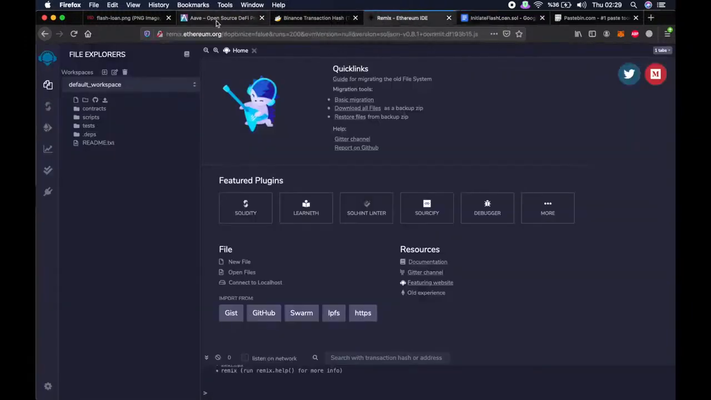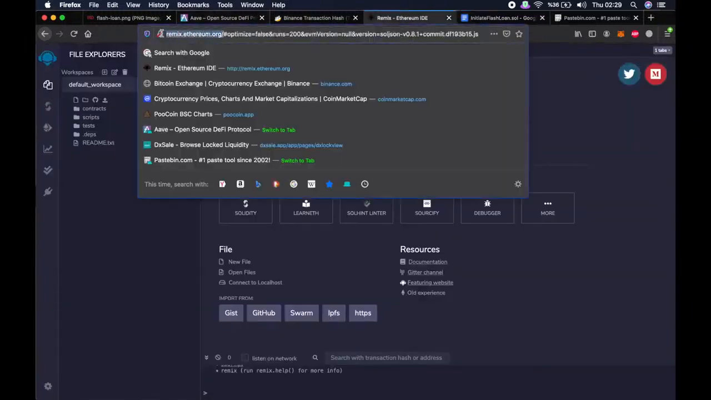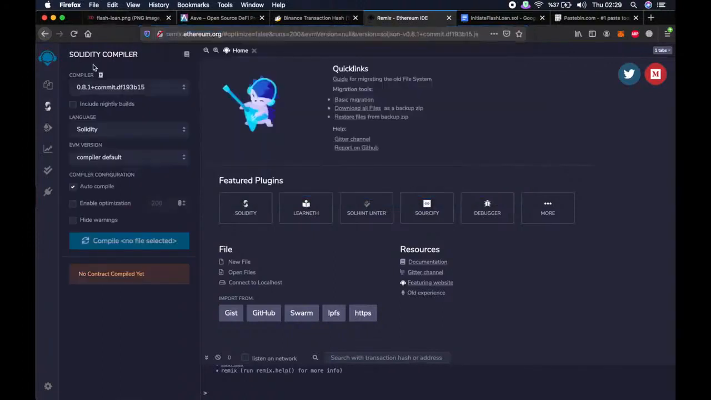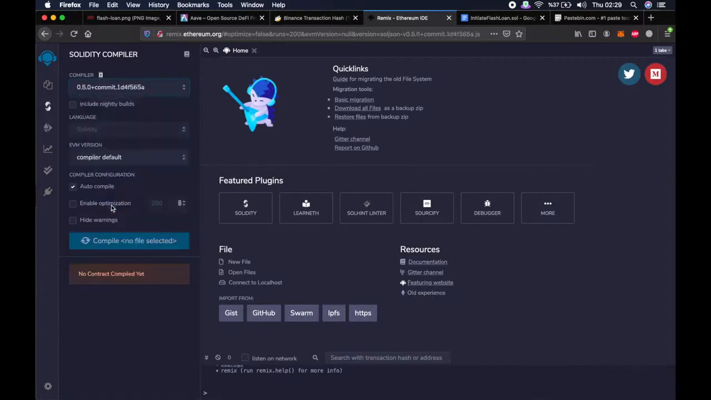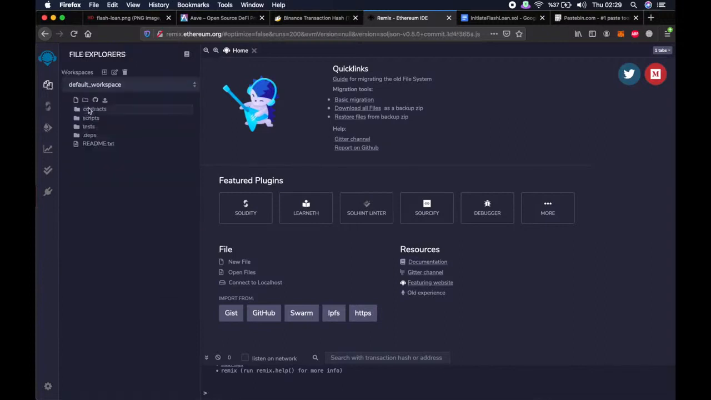Okay, first we need to go to remix.ethereum.org. Maybe some of you are already familiar with this website because this is the website where people code and deploy the smart contracts of very famous tokens we use every day, such as Ethereum, BNB, or Cake. Then we go to the second tab, the Solidity Compiler tab, and click on Compiler. Then choose 0.5.0 here. Then go to the first tab, click on Contracts, click on Create New File, then start typing